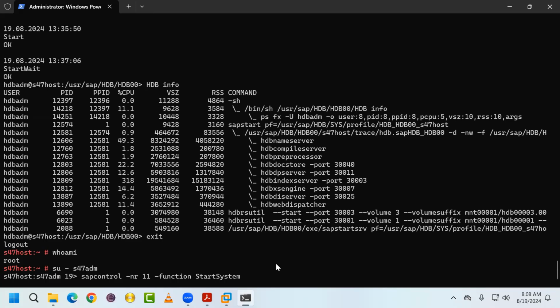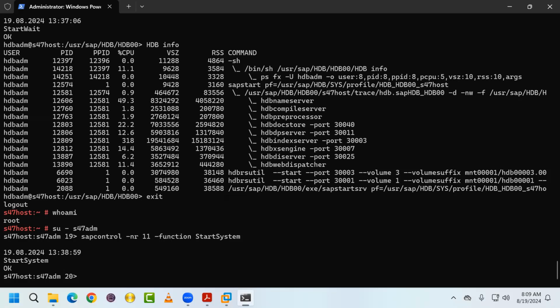ERS instance, however many instances are available in your system, all instances will be started. So this is the command to start the SAP system wide, not a particular instance. Enter. Now you want to check the status, whether it is started or not. You want to check whether any instance is started or not. How? Up arrow, in the place of StartSystem, you type